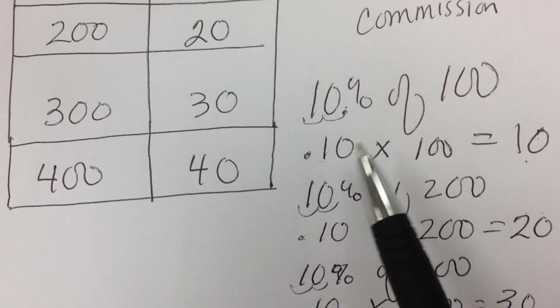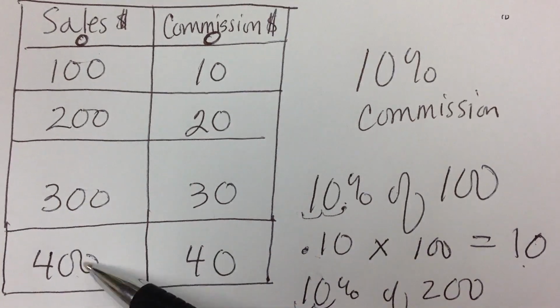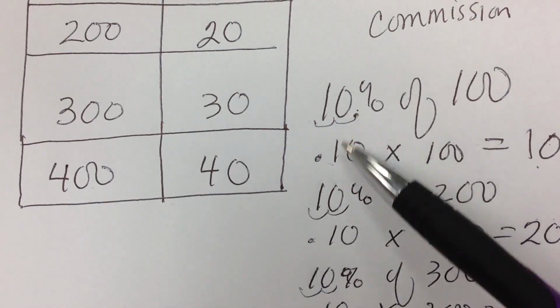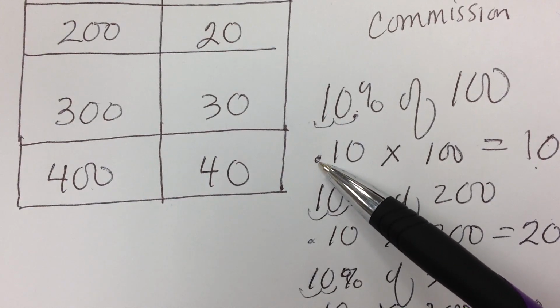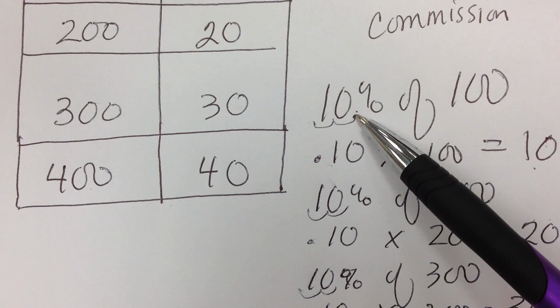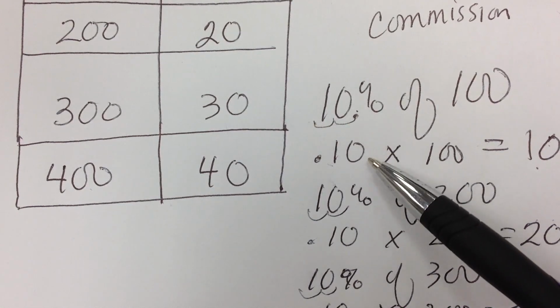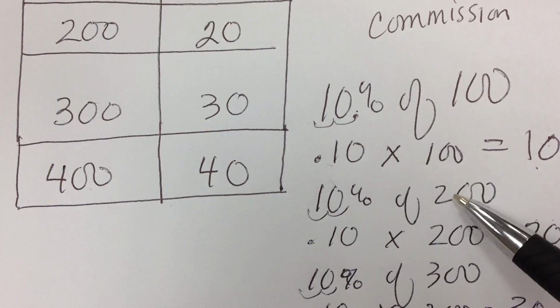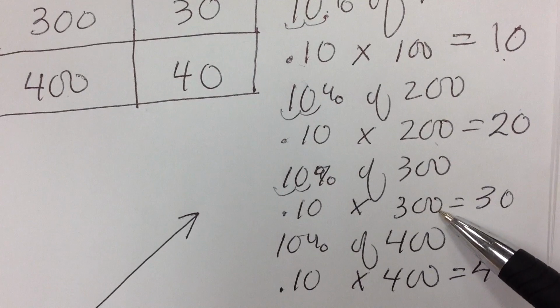Remember, I multiplied every one of these values times 10%. Well, but we changed 10% to a decimal. You never leave an equation that contains a percent. Change percent to decimal by moving 2 places to the left. So we multiplied every one of these numbers by 0.10, 100 times 0.10, 200 times 0.10, 300 times 0.10, and